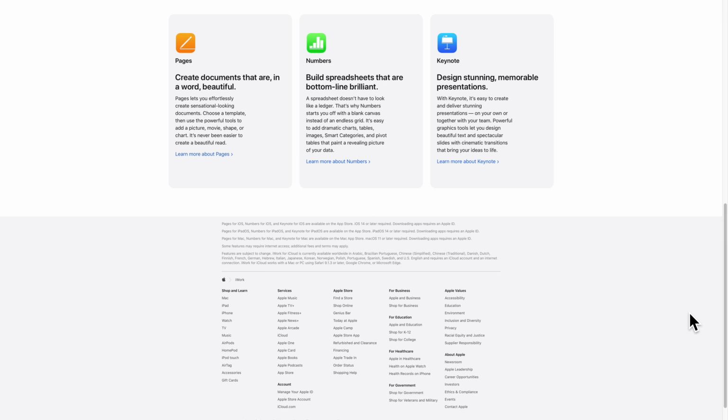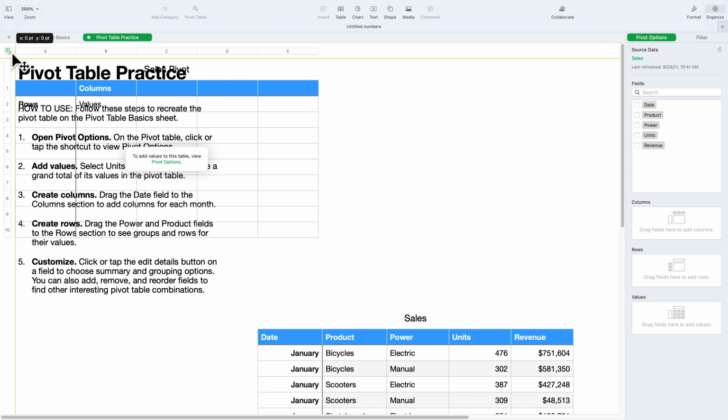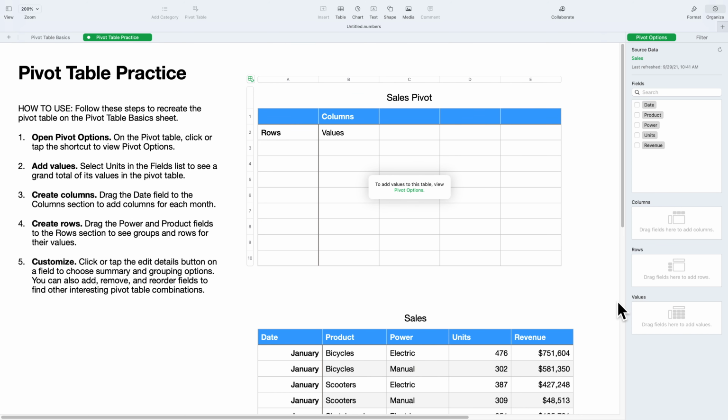Now, I think that the tutorial skips an important step, actually creating a pivot table. So I'm going to delete this existing one. The first step is to select the table with the data. Once you do that, the pivot table icon in the toolbar should be usable. However, this action creates the pivot table on a new sheet. If you don't like that, you can simply cut the table and paste it onto the previous sheet. See? Isn't that nice?